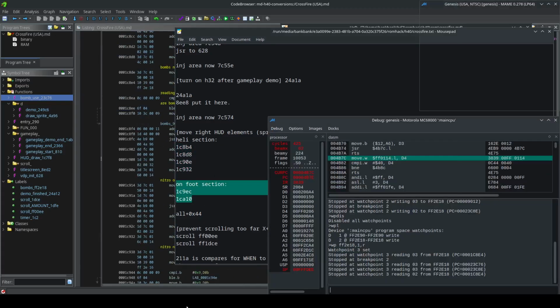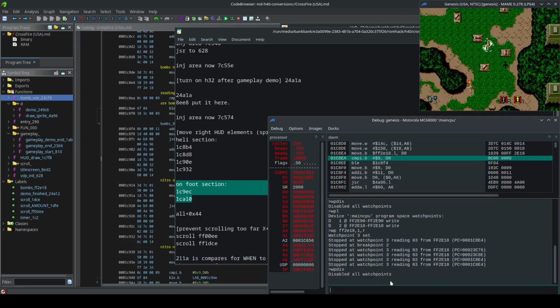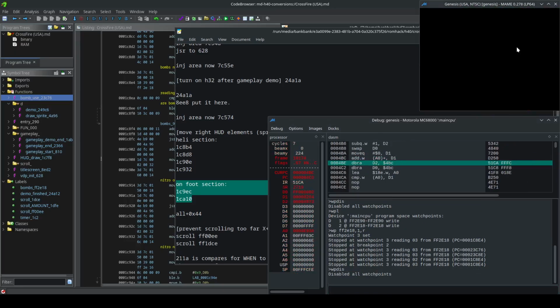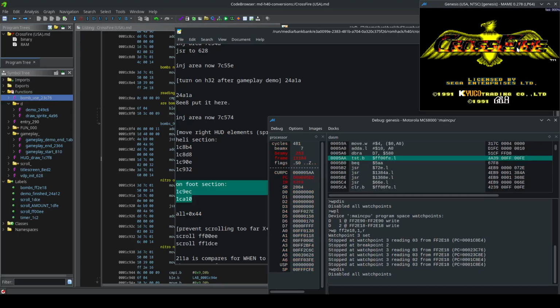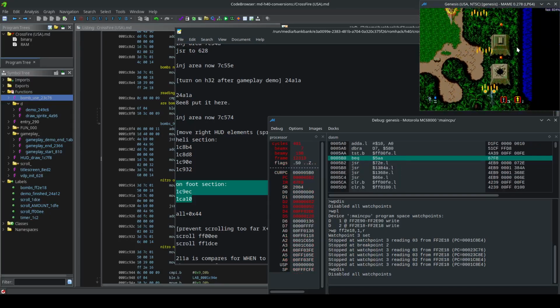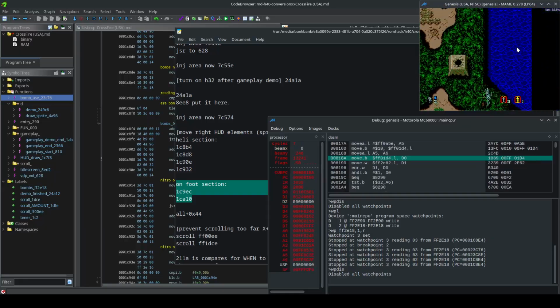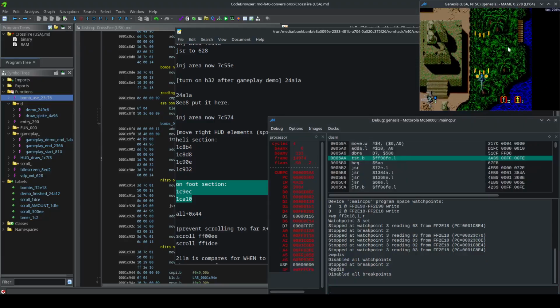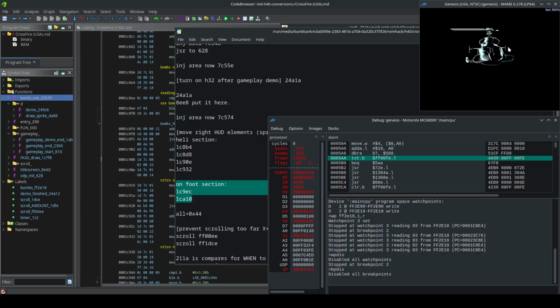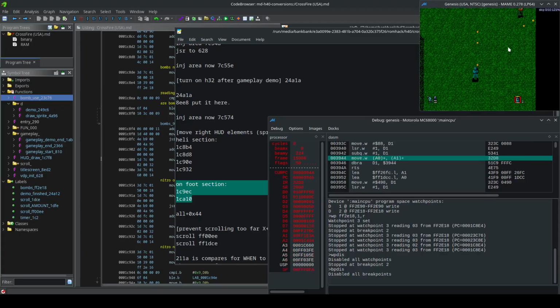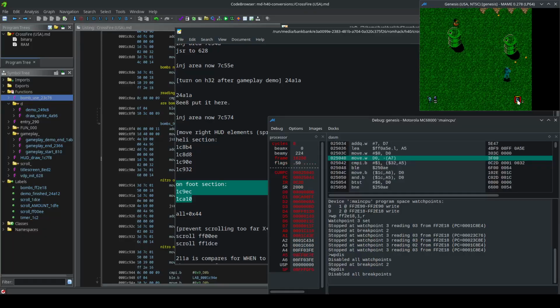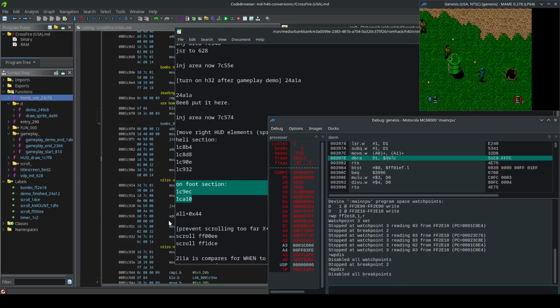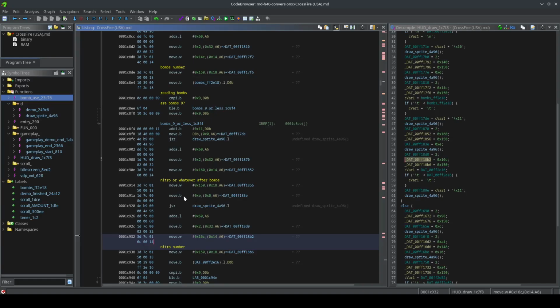Now, the on foot section uses a completely different HUD set of code because it doesn't have bombs in the on foot section. I think it only has flares or whatever that other thing is. So if we let the demo go to that on foot section, you can see it has some other thing. So basically the way I found that was